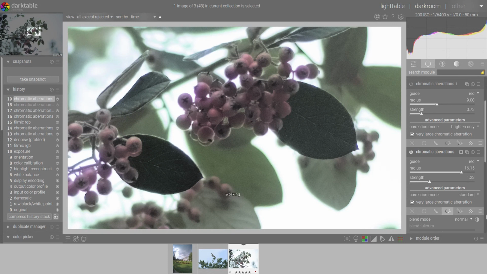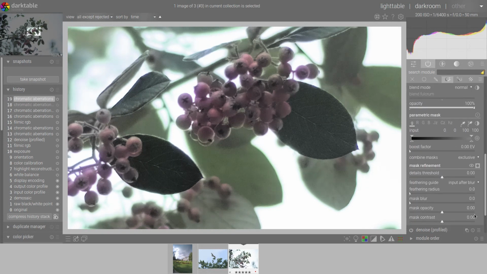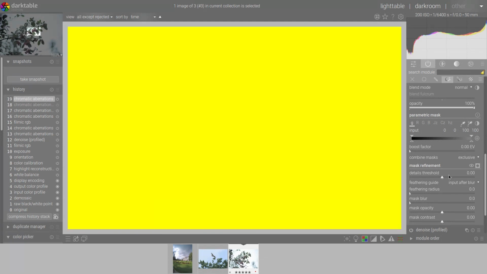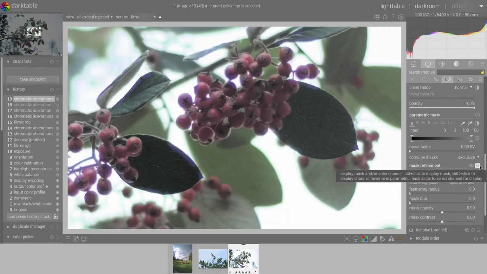And really a nice thing to do in complicated cases is use a parametric mask, especially with the detail threshold slider, which can help quite a lot. So let's see a mask. Maybe something like that.